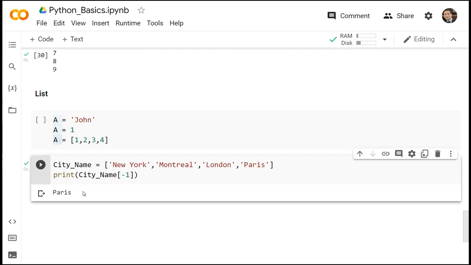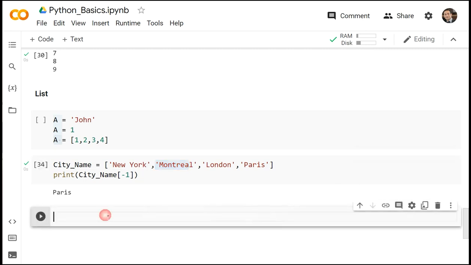So now let's replace, for example, one of these elements. Let's replace Montreal with Milan. To do that, let me create another cell, and let's add a comment here. If you remember, commenting was using the pound sign. So I'm using pound for comment. Let's replace